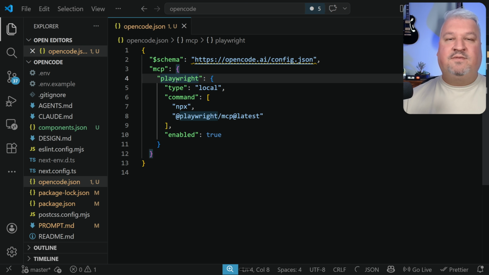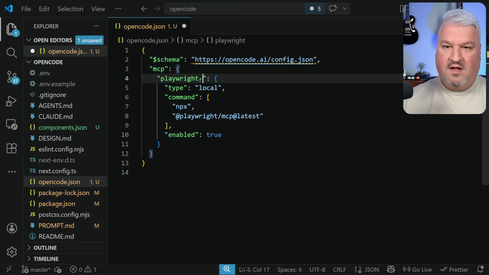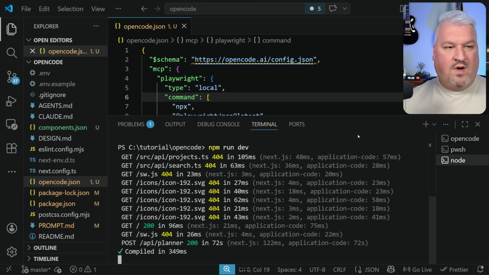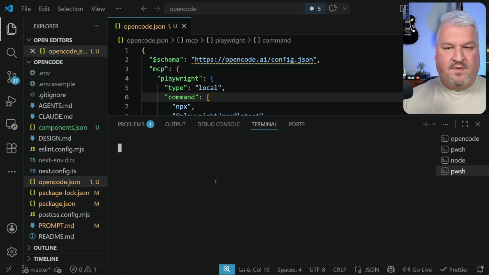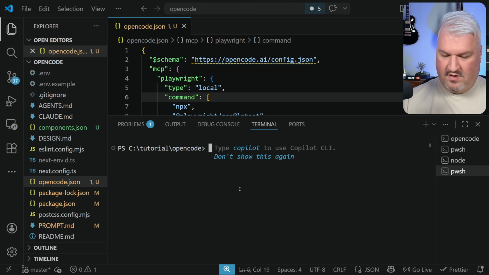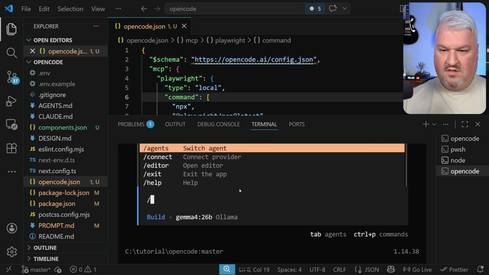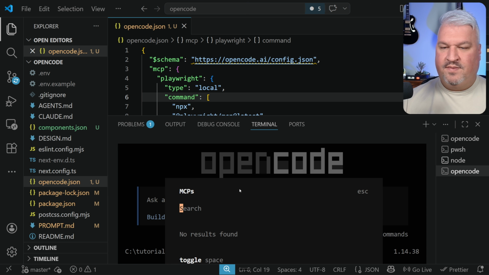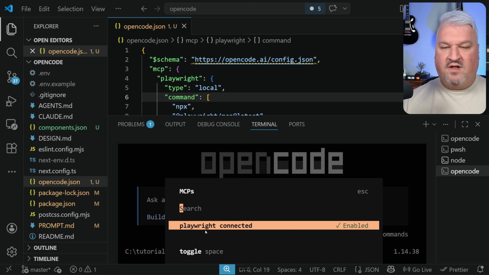Now you can call the MCP whatever you want, like Playwright or, I don't know, Playwright MCP. You can change that name to whatever you want. Now, what I'm going to do to test this is open up a new terminal window. Let's run OpenCode. Then let's run the command MCPs. And here we can see the Playwright MCP is currently connected. If you ever wanted to disable this MCP, we can simply hit the space bar, and that will disable Playwright